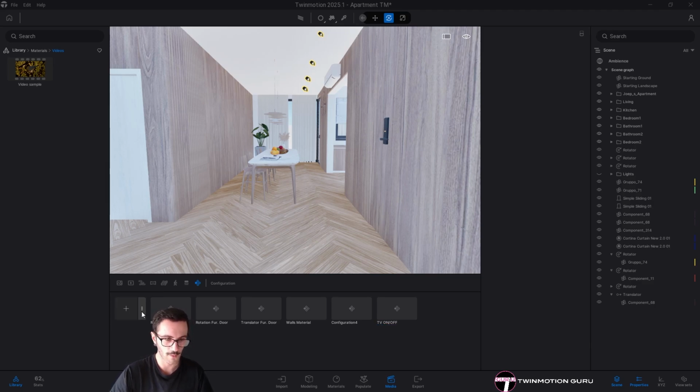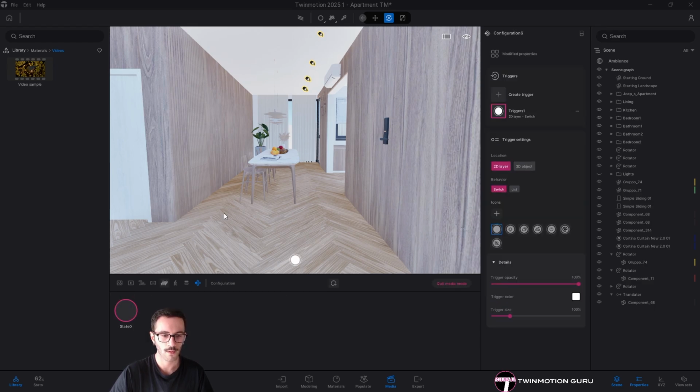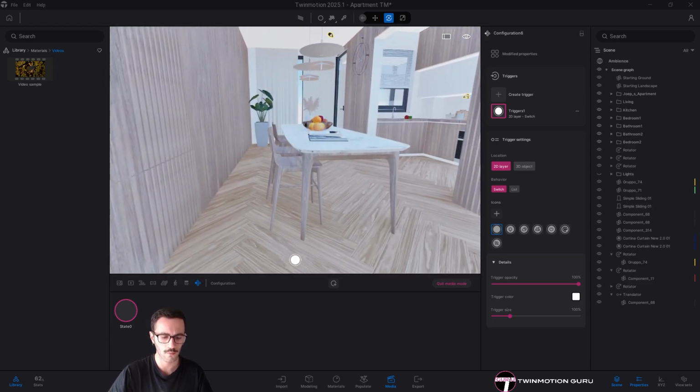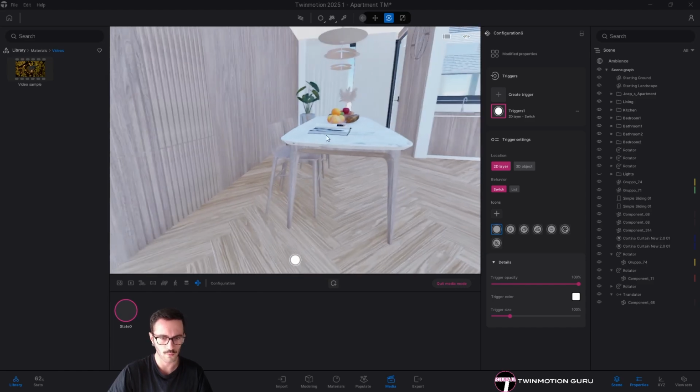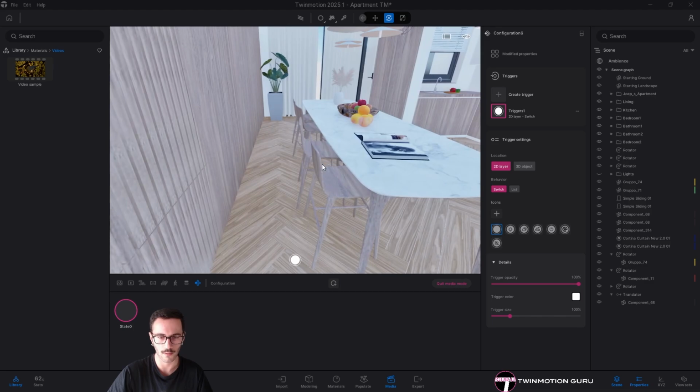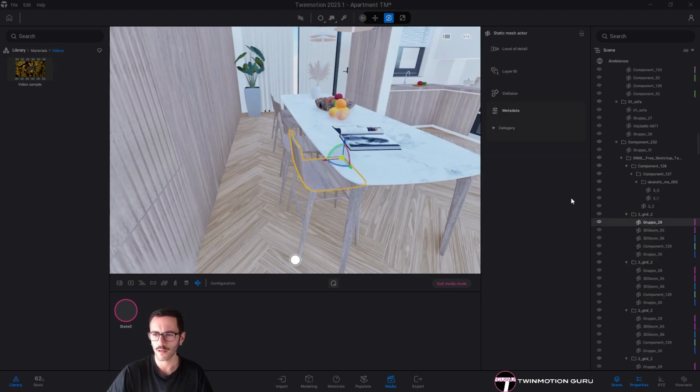The visibility configurator allows me to create variants of my project, and in particular, maybe I want to change the chairs, the stools from here.